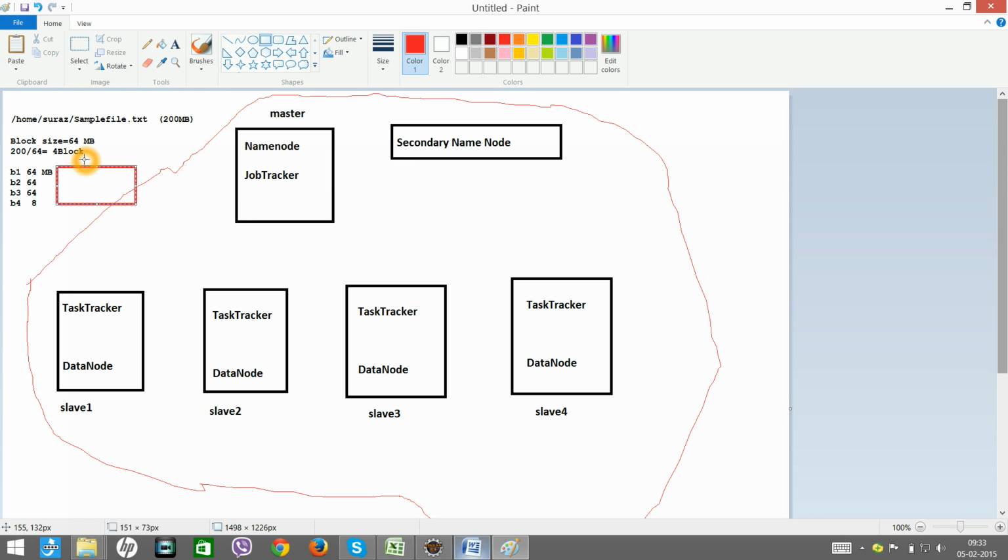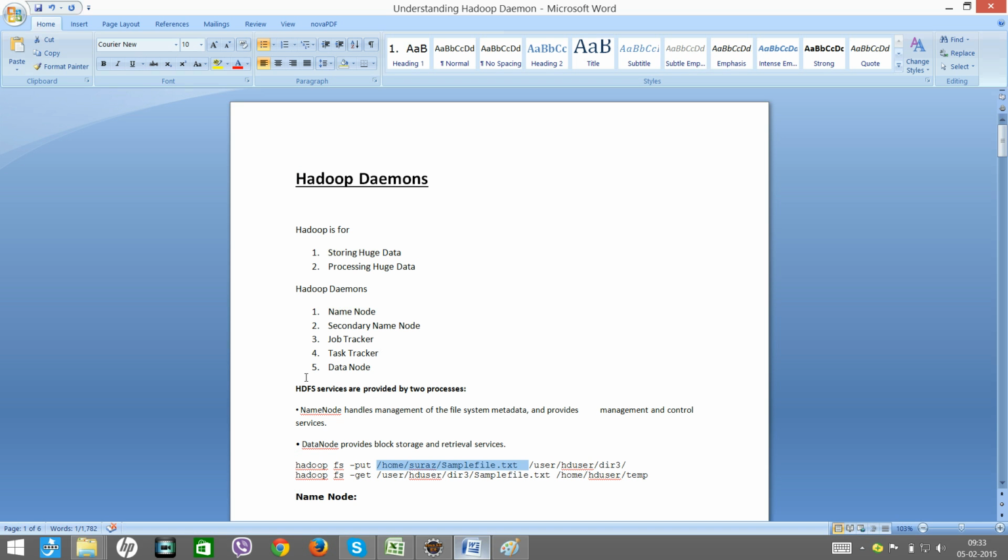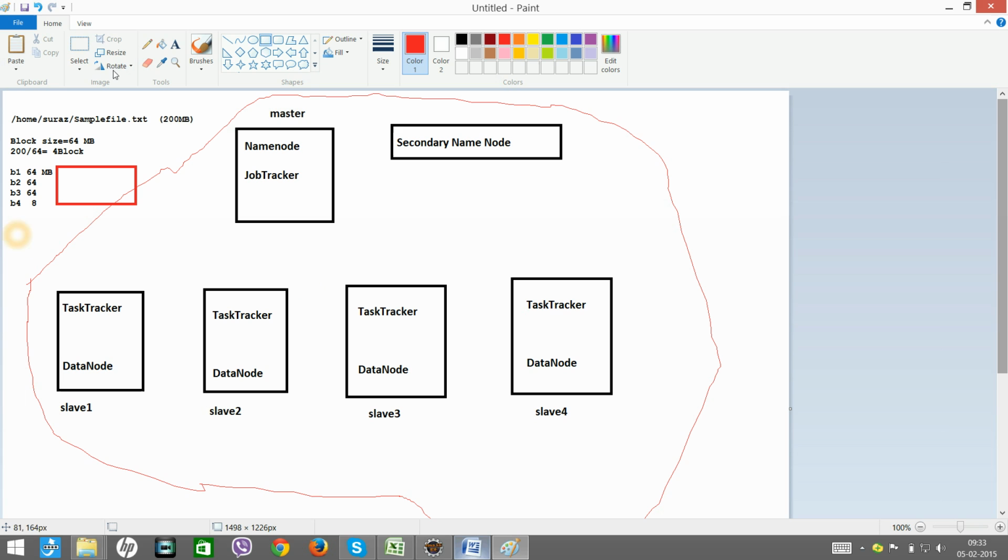Now when you try to store this data to Hadoop, we will use a command called put. We'll see how to use all these commands when we are done with the installation of Hadoop.